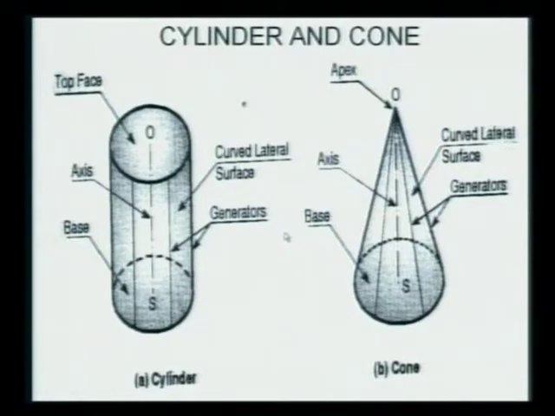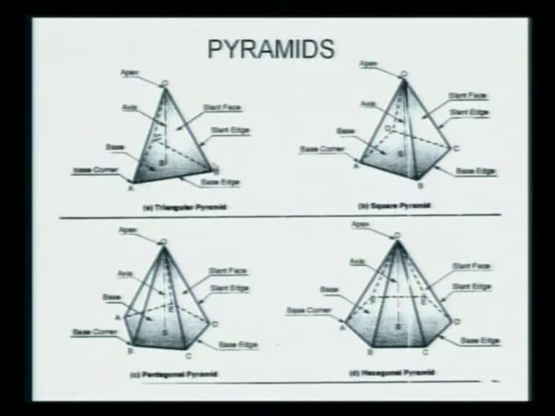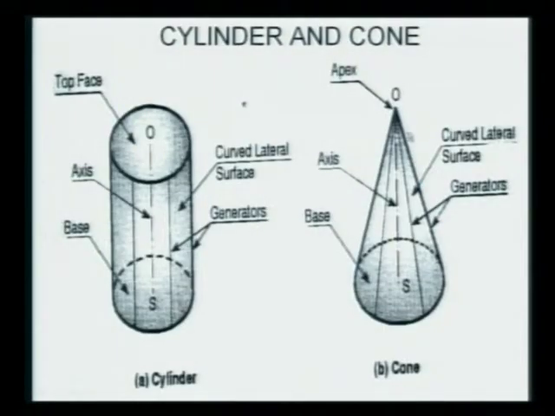The change is that in the case of a pyramid, the base is a polygon. It will compulsorily be triangular, pentagonal, rectangle, square, or hexagonal. All these edges have equilateral or isosceles triangles that come in the upward direction and get together at an apex point O. These are all plane surfaces. In the case of a cone, there is also an apex, but these points are joined with the help of a curved lateral surface. This is the change.